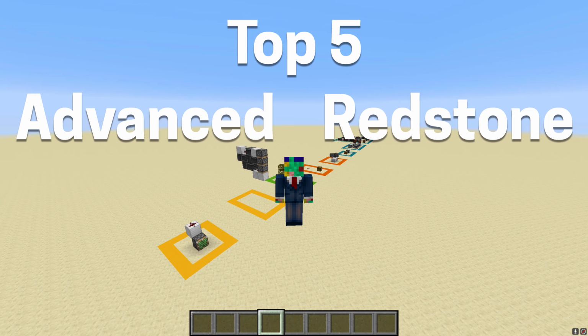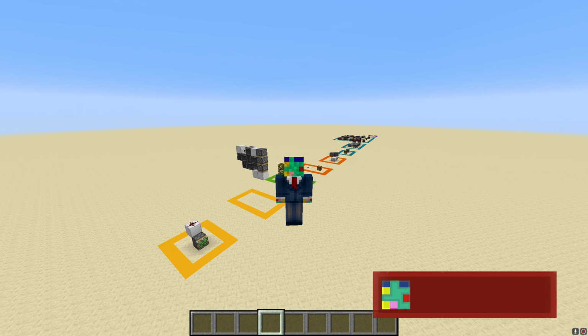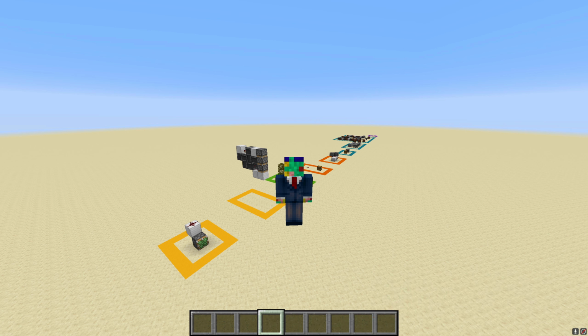Hello everybody, my name is Mr. Cube6 and today I'm going to be showing you the top 5 advanced redstone tips that will get you ahead of the curve when building your redstone contraptions. And hopefully these tips will help you throughout building your redstone contraptions and make life a little bit easier while